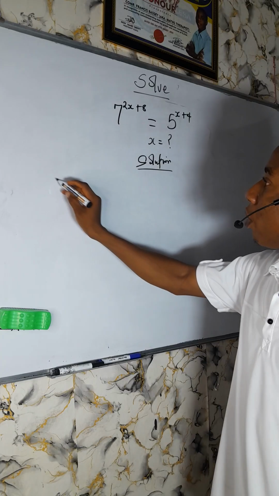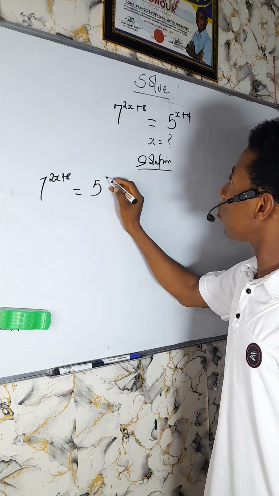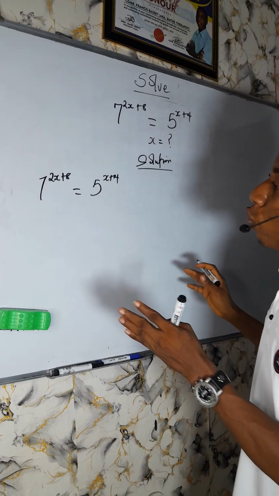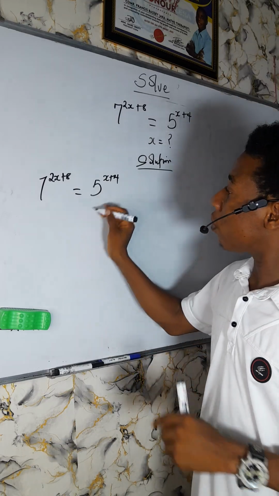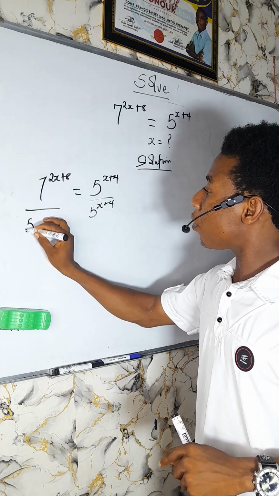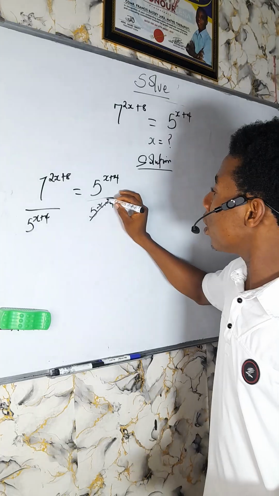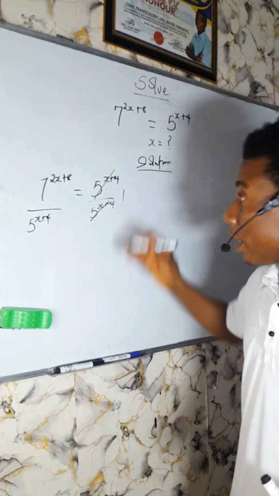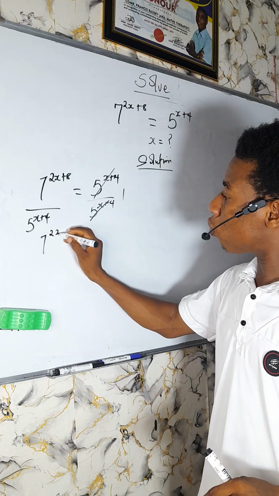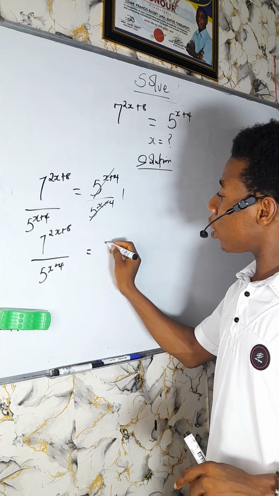So we have 7 raised to the power of 2x plus 8 equals 5 raised to the power of x plus 4. What I'm going to do first is divide both sides by 5 raised to the power of x plus 4. This is the simplest method ever, so just follow me gradually. This cancels out, giving 1, so what is left is 7 raised to the power of 2x plus 8 over 5 raised to the power of x plus 4 equals